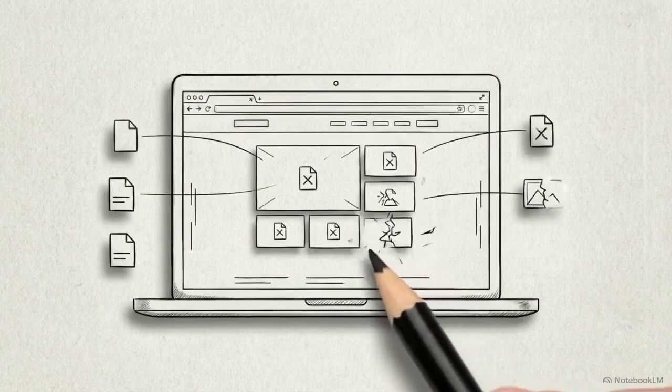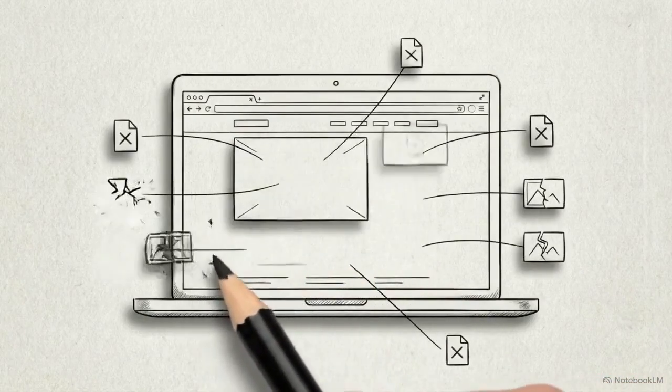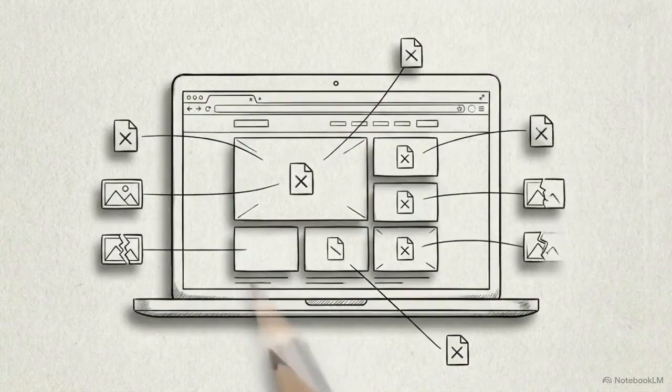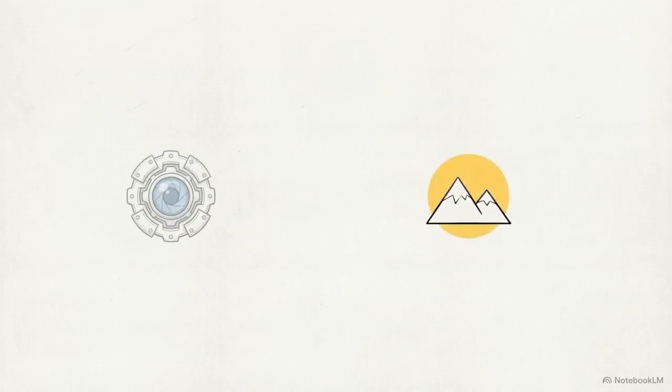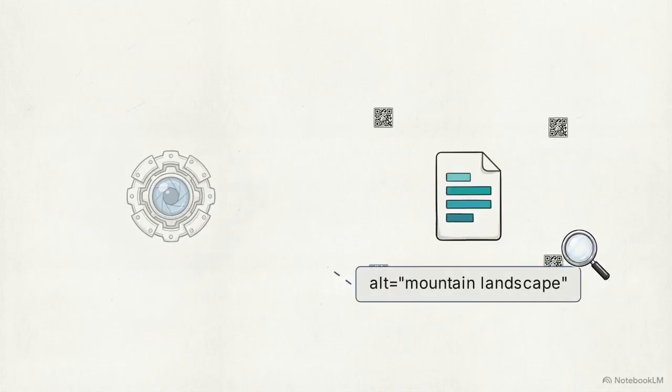You can design a visually stunning website, but if search engines cannot actually see your images, that effort is wasted. Modern search relies on machine experience, or MX. MX is the way AI search agents and crawler bots perceive your site. Since these bots do not have eyes, they rely exclusively on the text and metadata attached to your images to